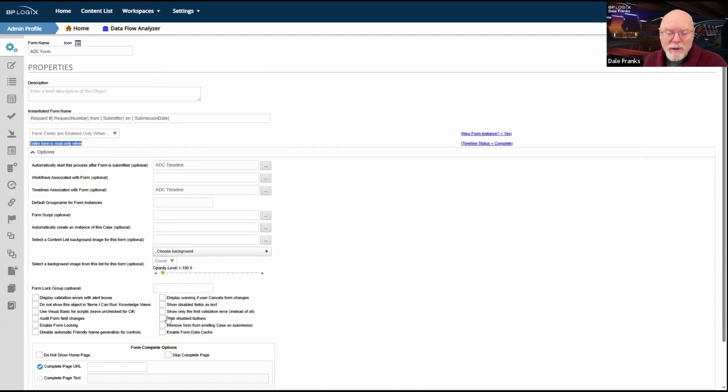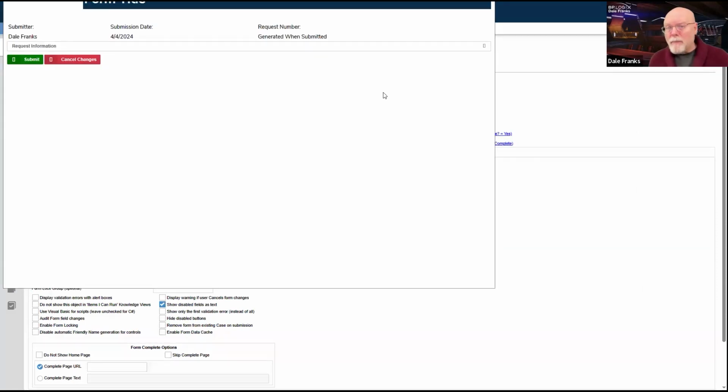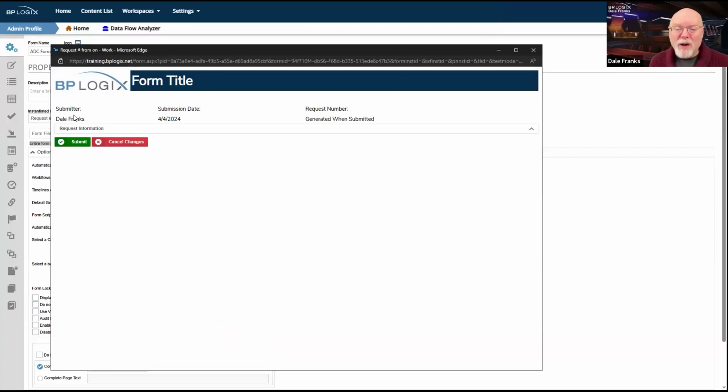So if I set show disabled fields as text, I get something different. First of all, those controls don't even print on the form. What prints is the value, and it prints as just actual text. So this is all HTML text now. There's nothing I can do on the front end to fix this. I can't edit it. It's just text, and therefore it uses a lot less memory. I don't have to treat them as fields. It's just text that gets generated on the server side whenever the form is created. So it takes up a lot less memory.